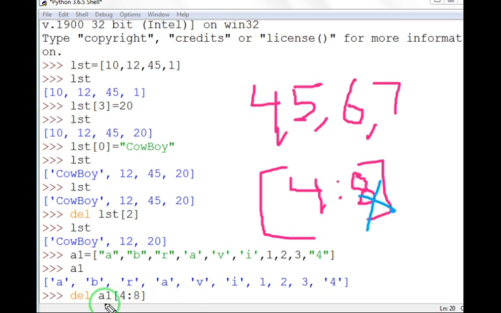So I have written 4:8, index number of A is 0, B is 1, 2, 3, 4. So it will delete 4, 5, 6 and 7. These values will be deleted.